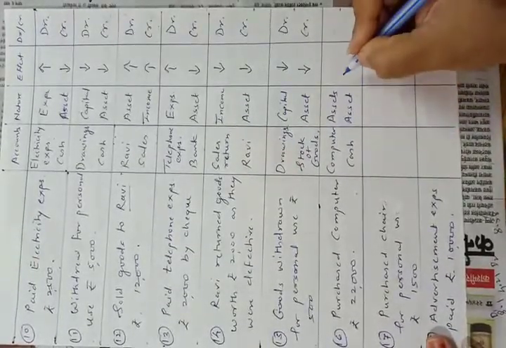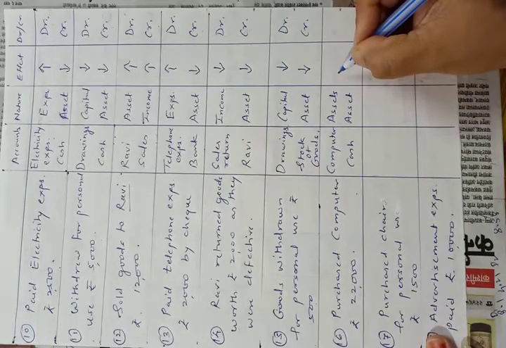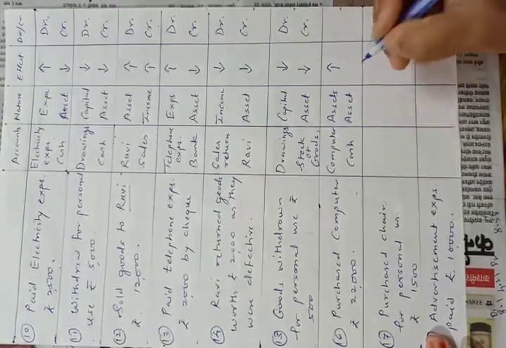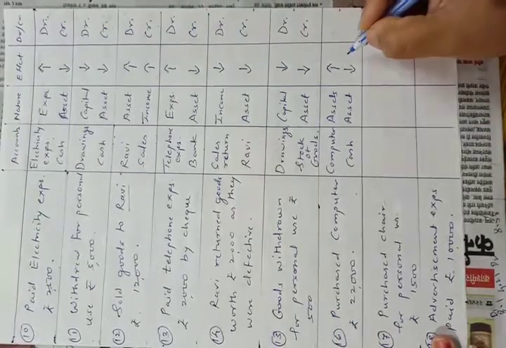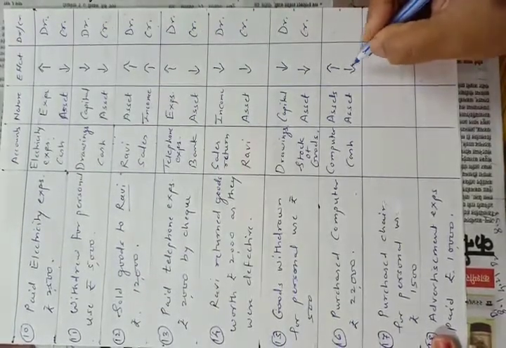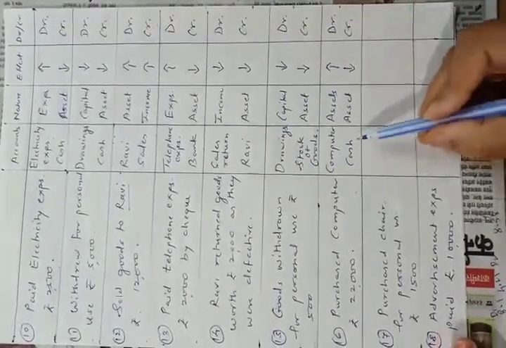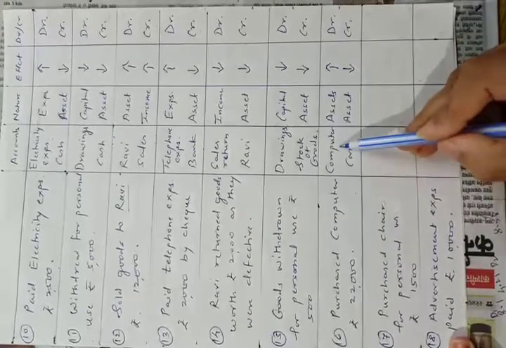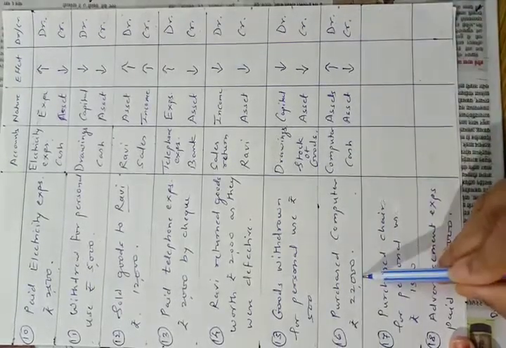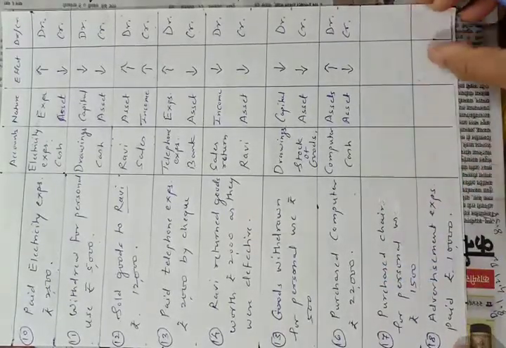Okay. So here when we purchase computer, our this asset will increase in the business and our cash will reduce from the business. Okay, decrease from our cash. So we will use first rule: when there is increase in asset, account should be debited, and when there is decrease in asset, account will be credited. So in this transaction, computer account will be debited by rupees 22,000 and cash account will be credited by rupees 22,000. Understood? Now last two transactions.